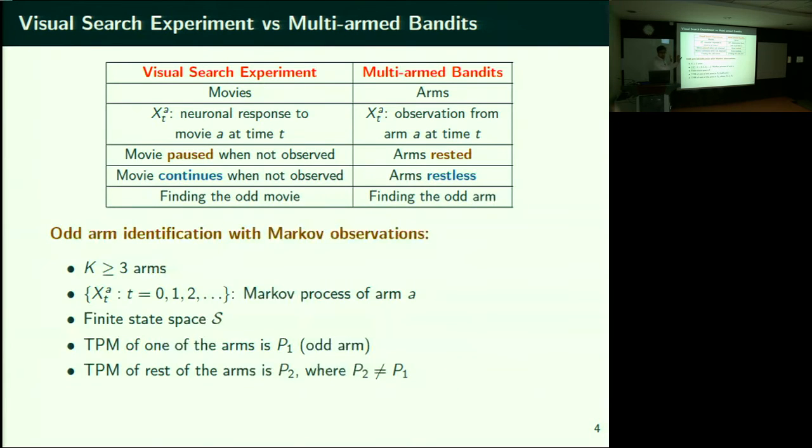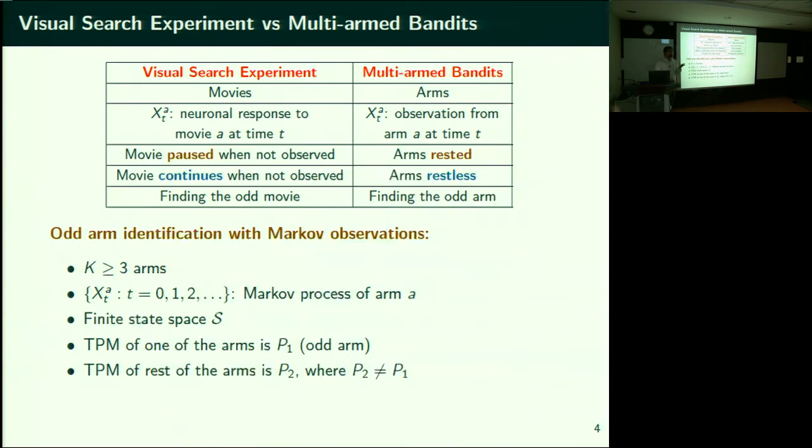So in the movie example, just go back to the movie whenever you feel all of this is abstract. One of the movies was moving in a certain direction. You can associate a transition matrix between various frames in that movie, and then there are other movies and you can associate a corresponding transition matrix for each of those other movies as well. So there is one of them which is P1, all the others are P2. The goal is to identify which is P1 as quickly as possible.